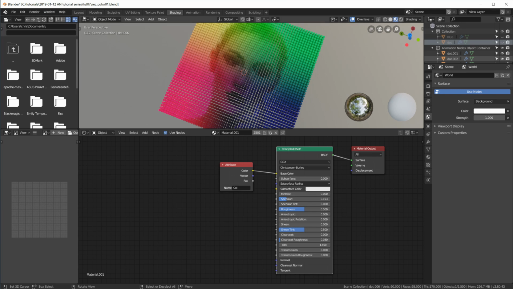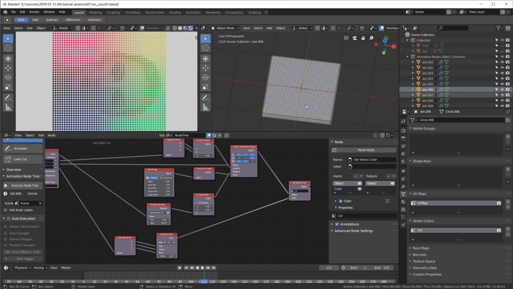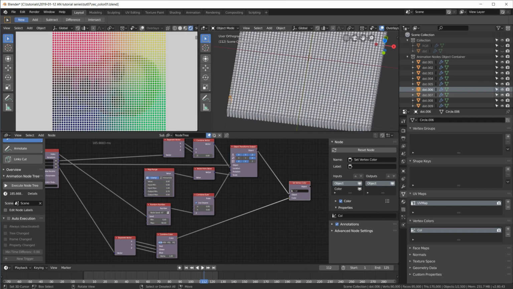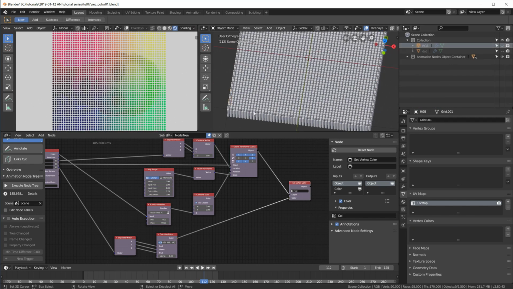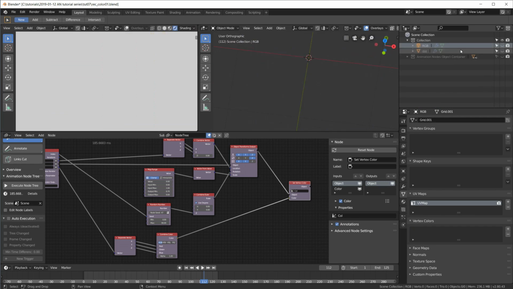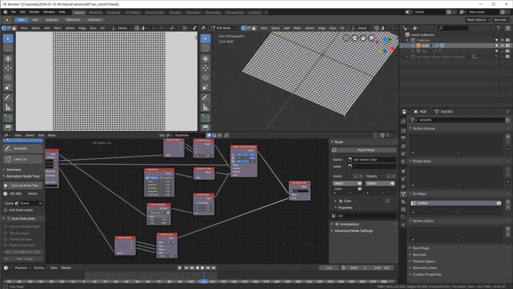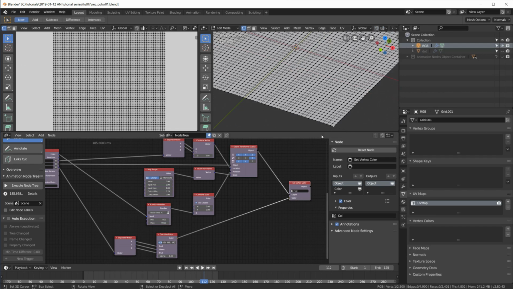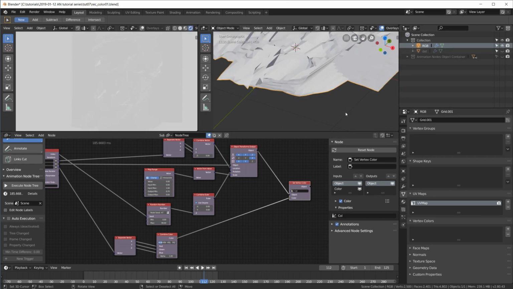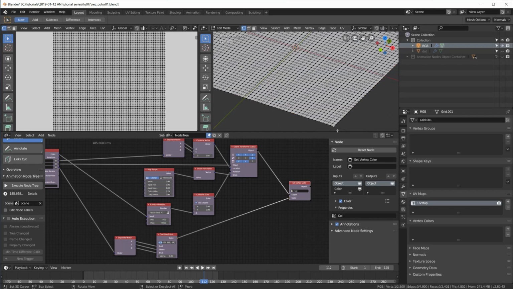Now, what is the reason for that? Well, that's actually quite easy to explain. Let me hide all those pins and show the RGB mesh and go into edit mode. Each one of those vertices now has, when we look at it this way, an X, a Y, and a Z for the R, G, and B. But